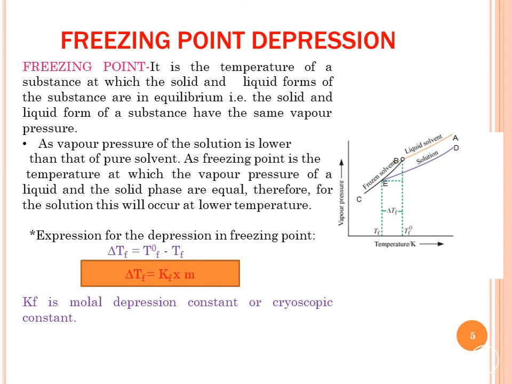m is the molality. Now it is also a colligative property, isn't it? As we have discussed, this depends on the molality, that is the number of moles of solute dissolved in 1000 grams of the solvent. As it depends on the number of particles and not on their nature, it is called a colligative property. I think this is now clear to you. These equations and this curve are very important for your numericals, both for boiling point elevation as well as the depression in the freezing point.